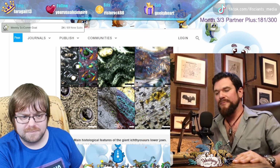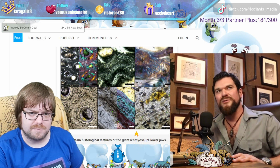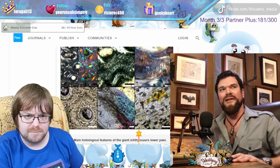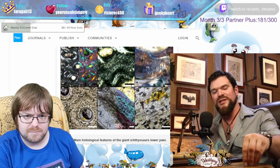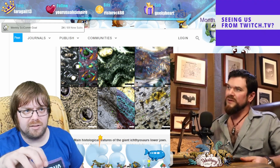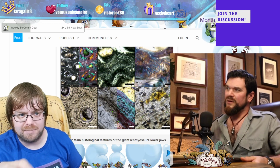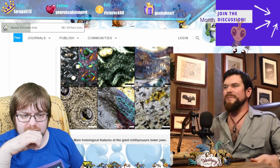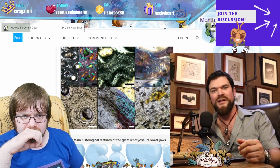So it's not like the colors really correspond to anything in nature one-to-one. It's more like it helps you distinguish different features. At least that's my understanding of it. It's like this part of the bone usually is this kind of color because of the optics of it, and then I think it depends because since these are fossilized,